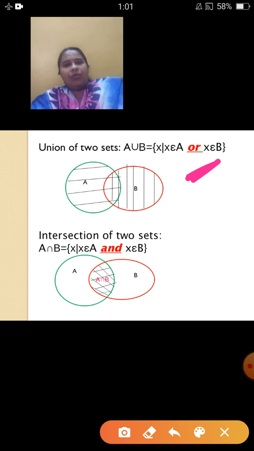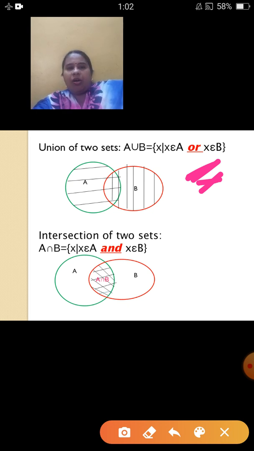Now what we are going to do further is to solve word problems based on this. And in word problems, they don't specify that you have to find the union. In fact, they give a situation and use words like find the number of students drinking tea or coffee, find how many students like reading newspaper or another hobby they have, something like this, where they will be using the word or for union.